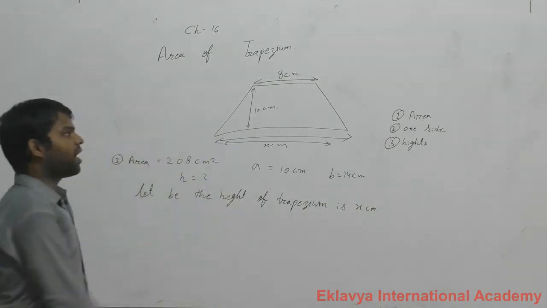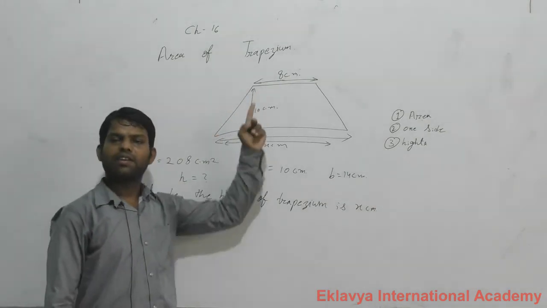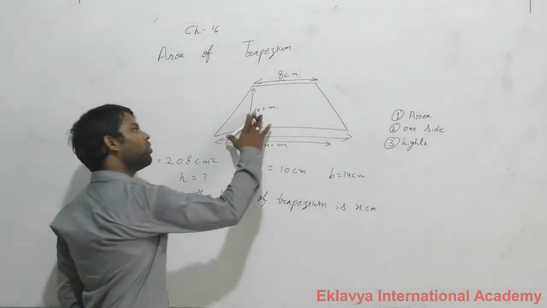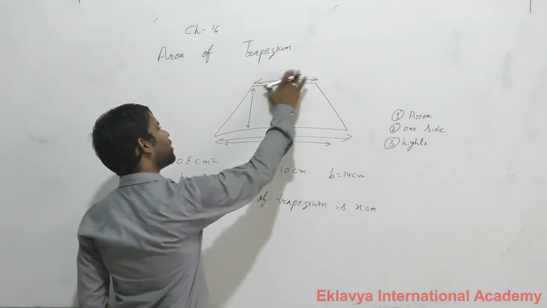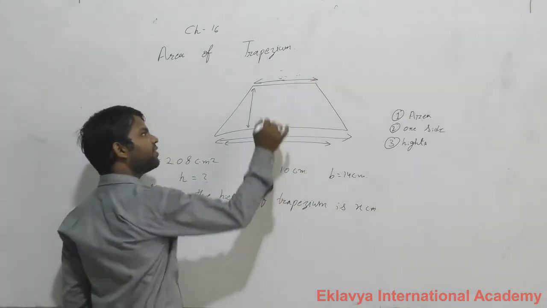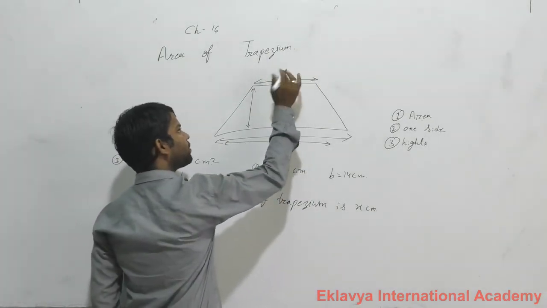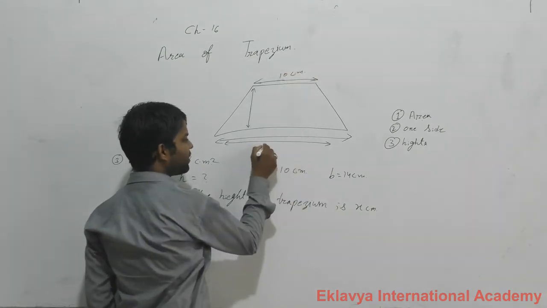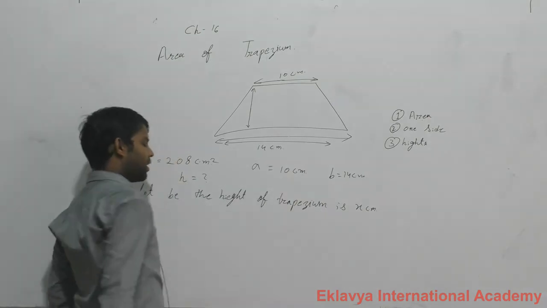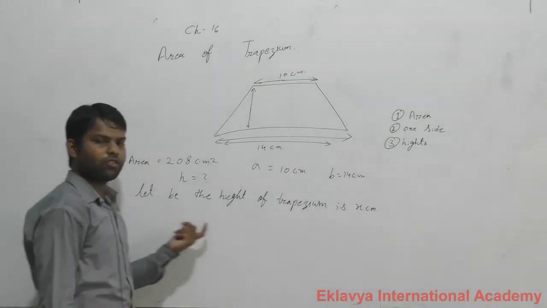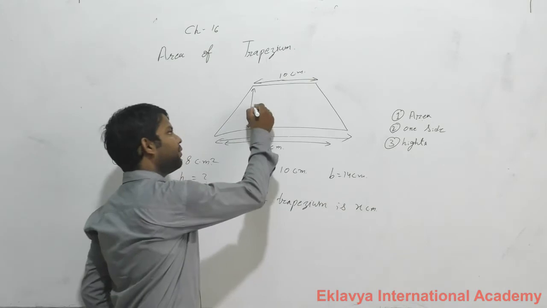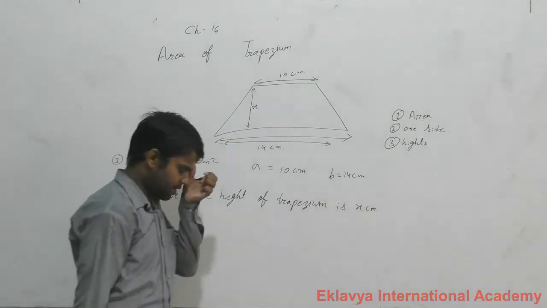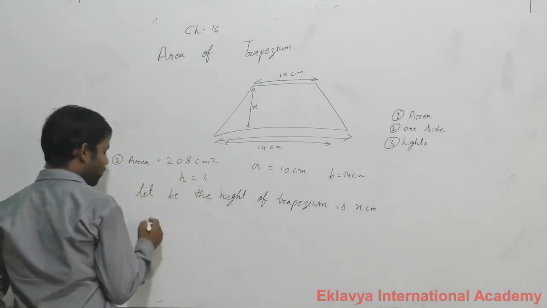Remember that thing, height we can also say is the distance between two parallel sides. So in this question, the first side is 10 centimeter, the second side is 14 centimeter, and height is not given, we assume it is x centimeter, and our area is also given, 208 centimeter. Then according to the formula,